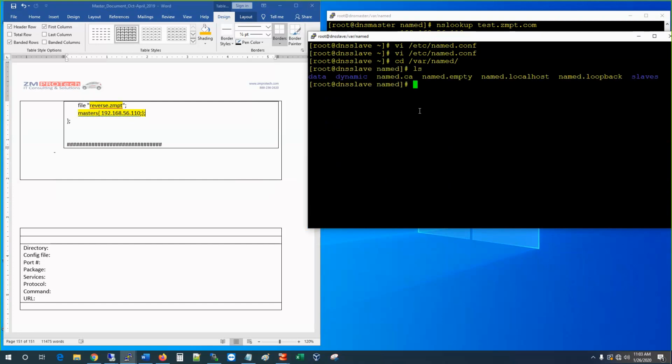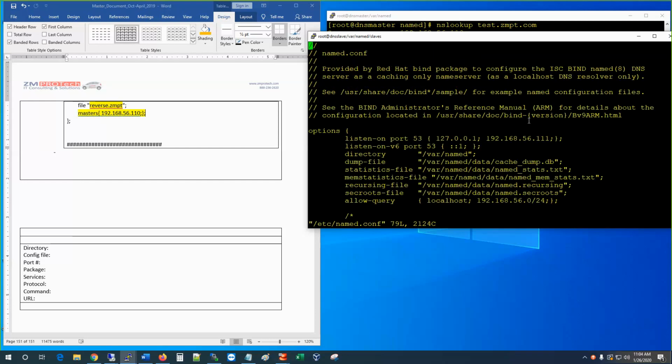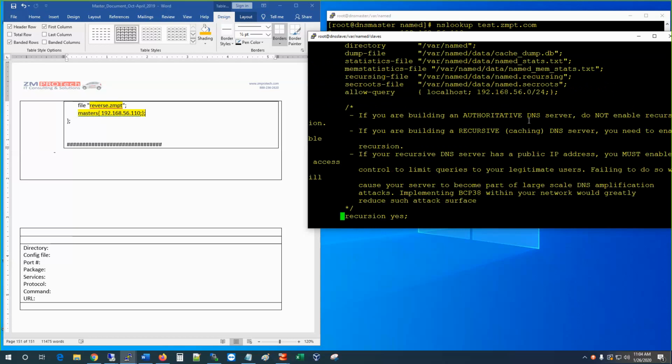And you go into the folder slaves. Okay, it's nothing in there, right? You know what, actually, let me go back in here. named.conf. Down on the bottom here,